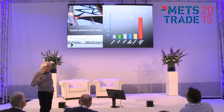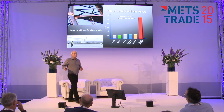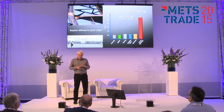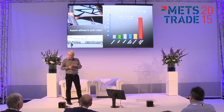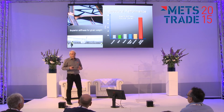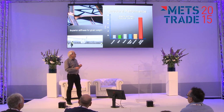If you're making tubes like masts, not all the fibers are going in the same direction. They're crisscrossed, and so the laminate isn't as relatively strong. But when you make a tube, that's the way you have to make it. But a tube is, for the same stiffness, half the weight of aluminum in just standard modulus material, and